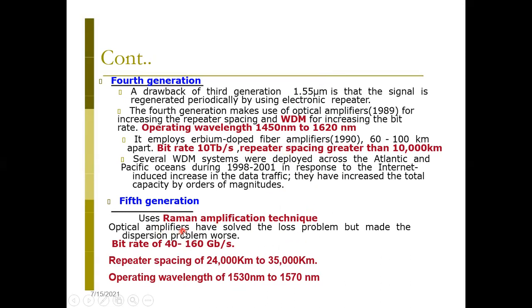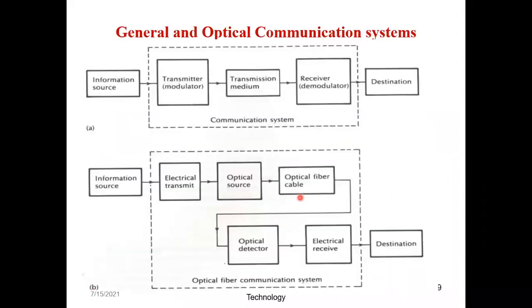The attenuation problem and dispersion problem are the least in fiber, but still we want to improve them. Attenuation right now is 0.2 dB per kilometer. It is very less, but still we want to reduce it. That's why scientists and researchers are working on it. Any doubt in these 5 generations? No, ma'am.